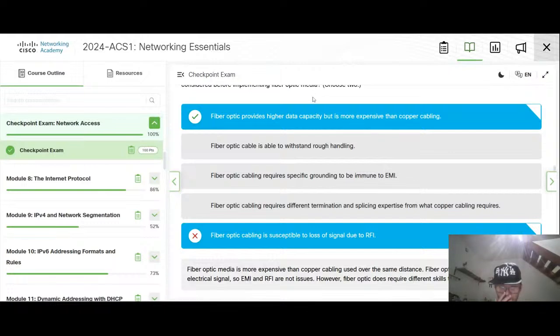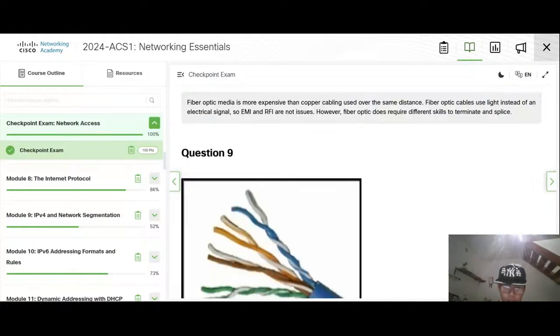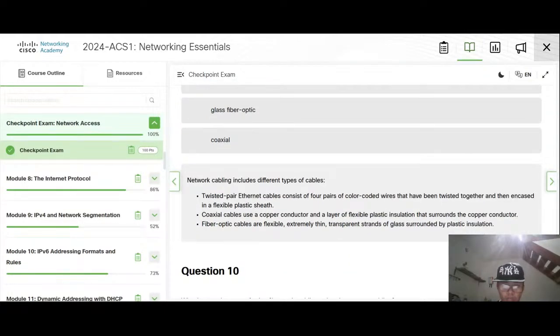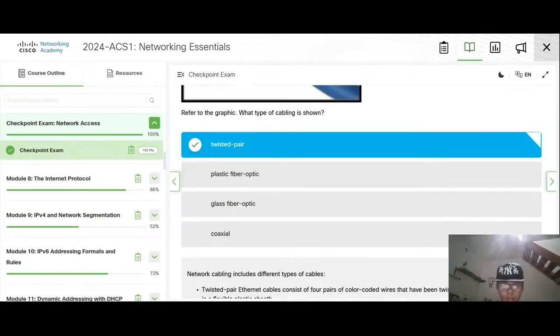This was correct. It requires different termination and splicing expertise. Okay, it requires termination. This one's correct.